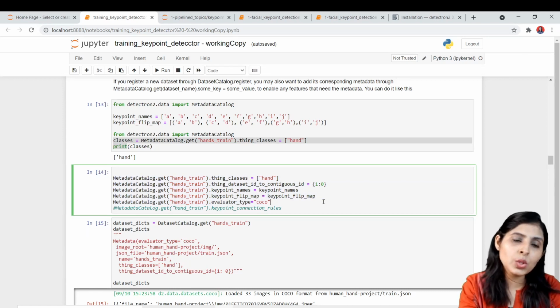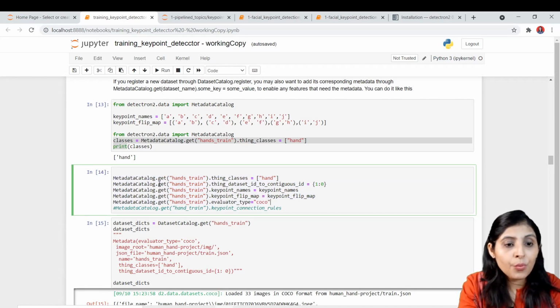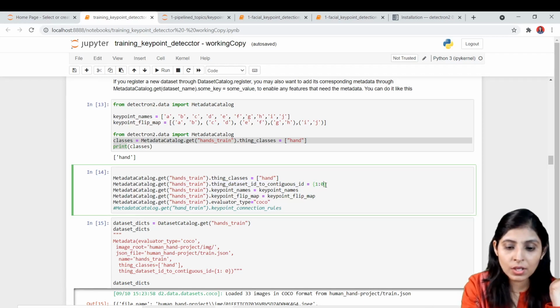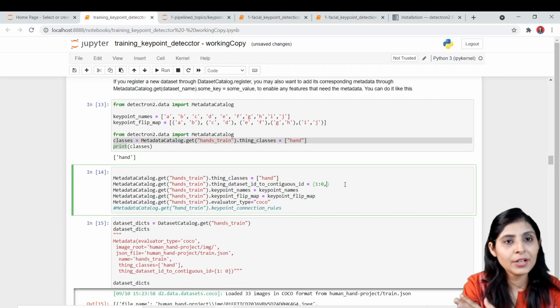All the changes which are required I've mentioned over here, right? So what all things do we have to provide to this metadata catalog? One is thing classes. I've already shown you that this is my hand. In my case I have only one class, so I have written this. But if you're working on multiple classes, then you can simply put commas and write those classes. Okay, and then